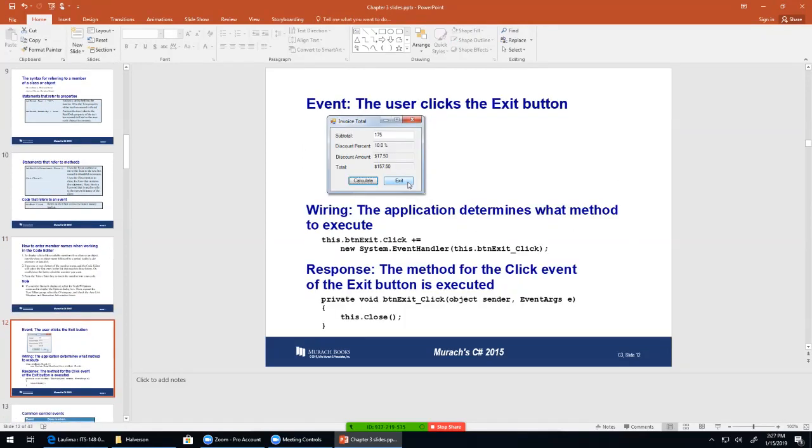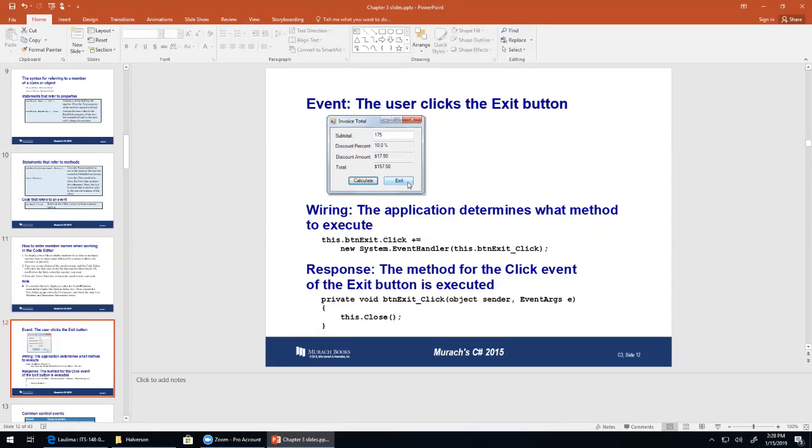So an event is when something happens on the screen, anything that happens on the screen. You can roll your mouse over a text box, that's an event. You can press down on a key, that's an event. You can release a key, that's a separate event. And you can associate methods with all those events. Most objects have lots of events that can be defined, or you can define methods associated with those events, but